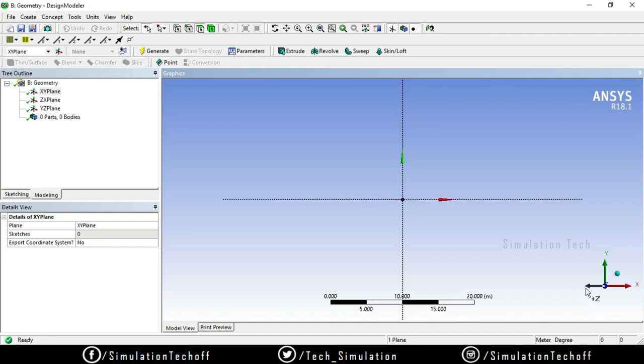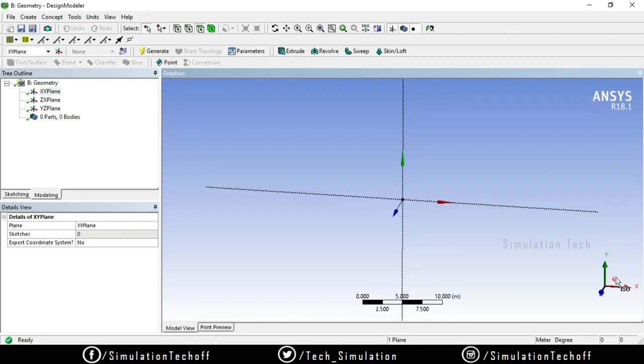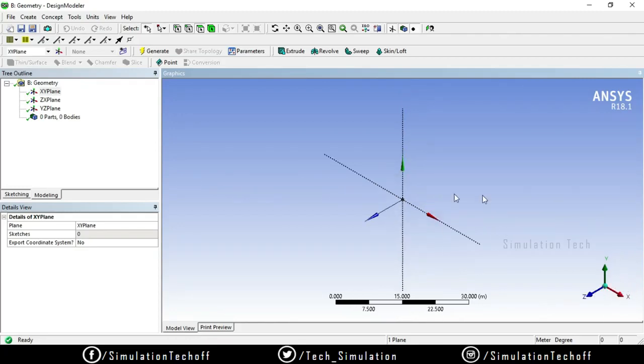Right now I need the XY plane. Or else if you need an isometric view, here you have a blue color dot ball that is called the iso ball. When you click the iso ball, your view is oriented to isometric view. So either you can use any plane view or isometric view, it's up to you.